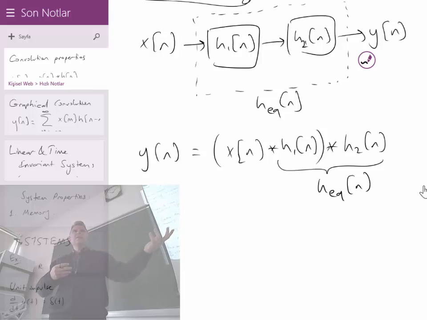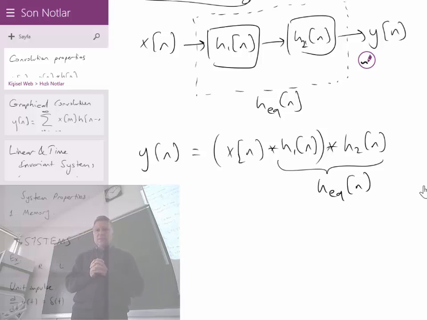If you have 3, then what? It's the convolution of the 3. Which convolution will you perform first? It's up to you. Just convolve the first one with the second one, and then the result will be convolved with the third one. That's okay. Or the third one with the second one first, and then with the first one. It doesn't really matter, but you have to convolve.